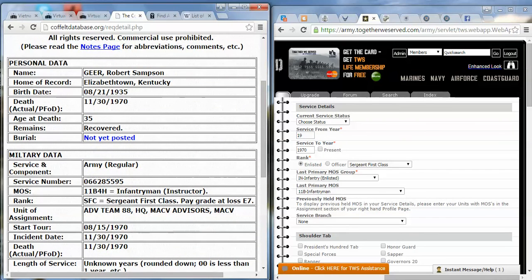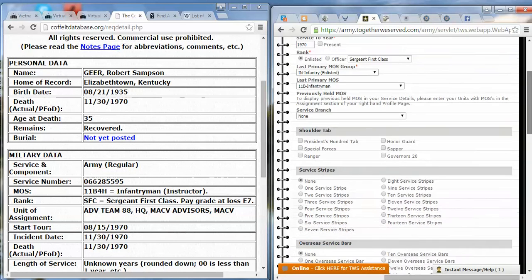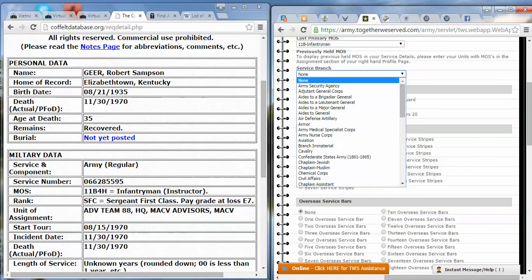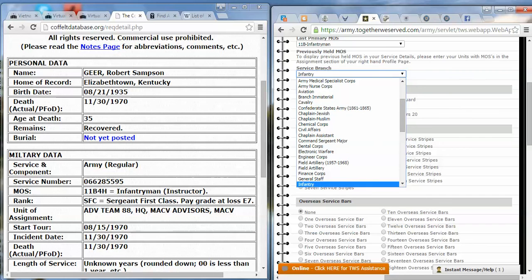Birth date is 1935. Let's say he went in at 20, so 1955. Put in his service branch for his brass.